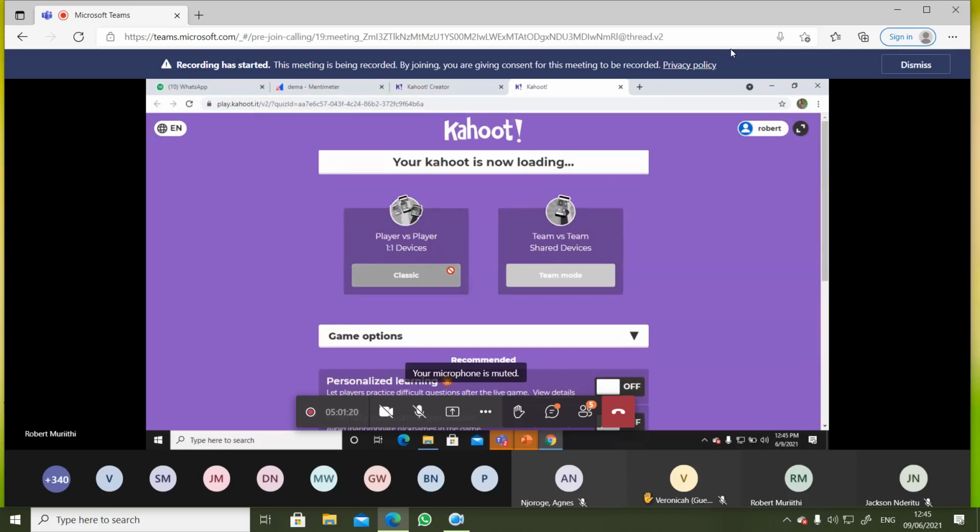So on your side, you can go to Kahoot, and where play is indicated, you click there. The students do not need to register. The only thing they need to do is go to Kahoot, click play, and then enter the game ID or the game pin. Then the game pin is